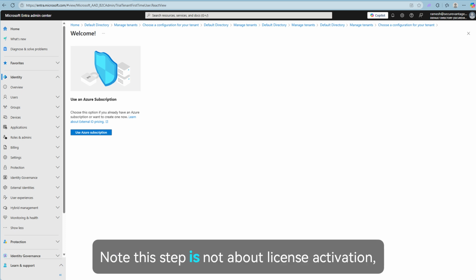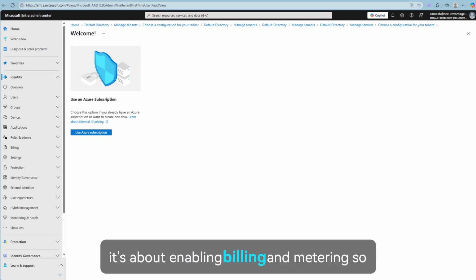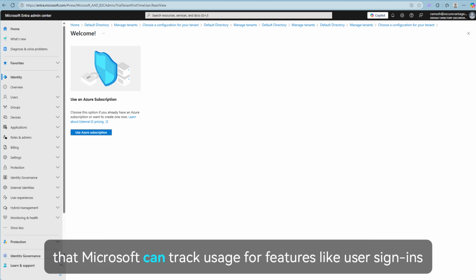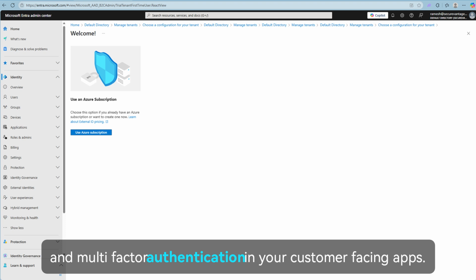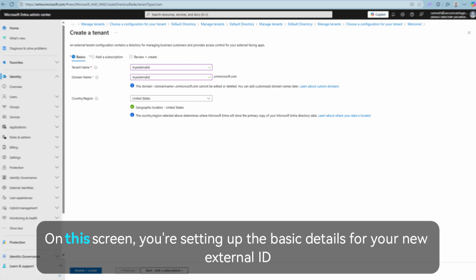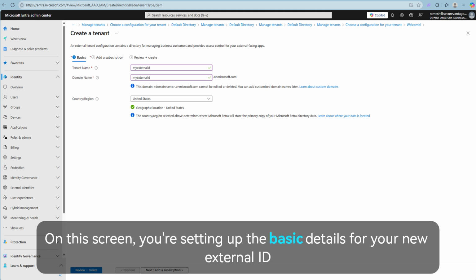Note, this step is not about license activation. It's about enabling billing and metering so that Microsoft can track usage for features like user sign-ins and multi-factor authentication in your customer-facing apps. On this screen, you're setting up the basic details for your new external ID tenant in